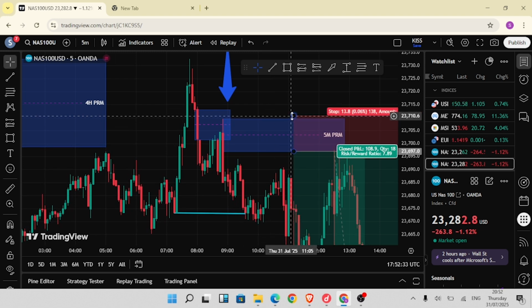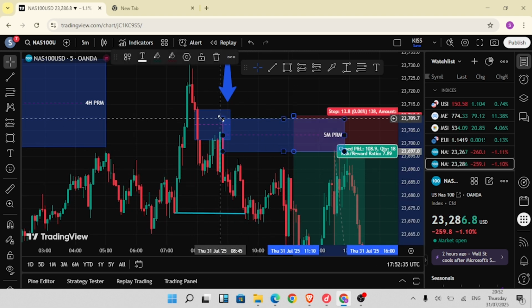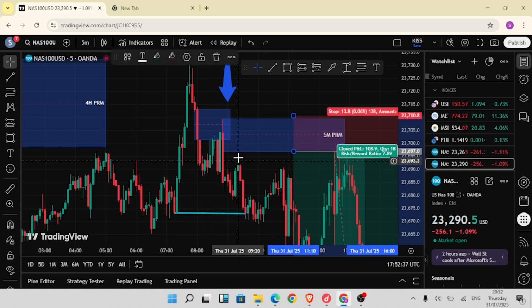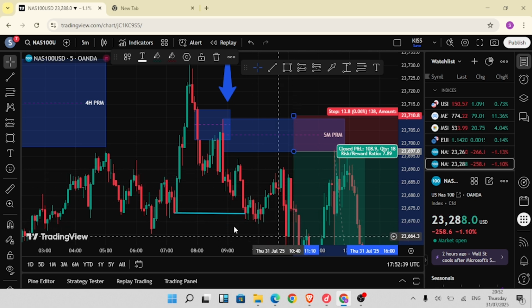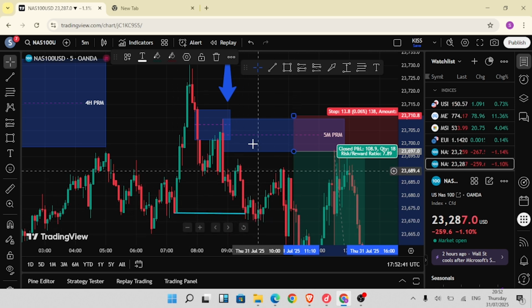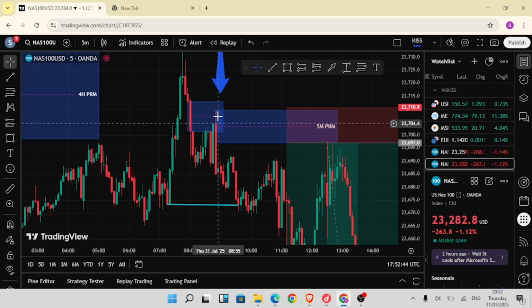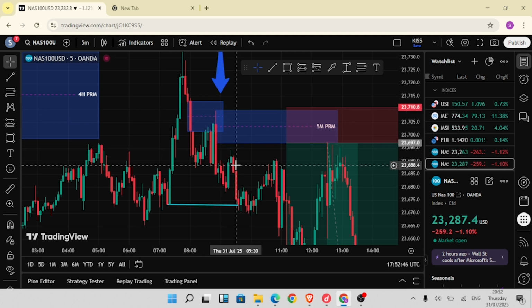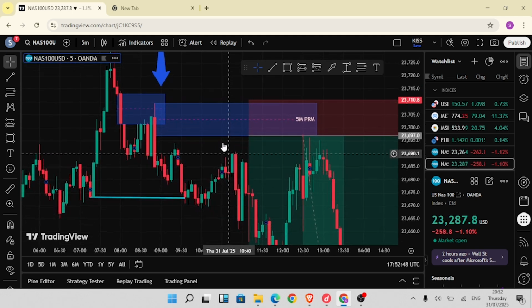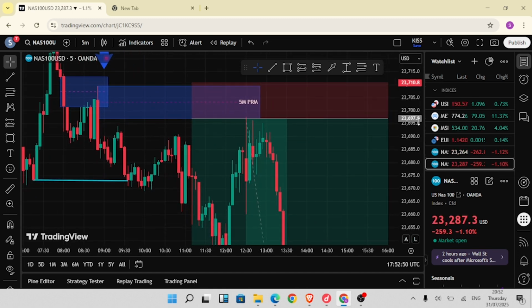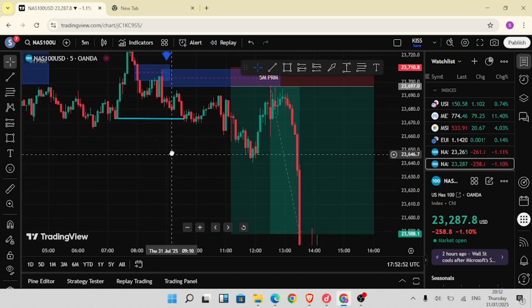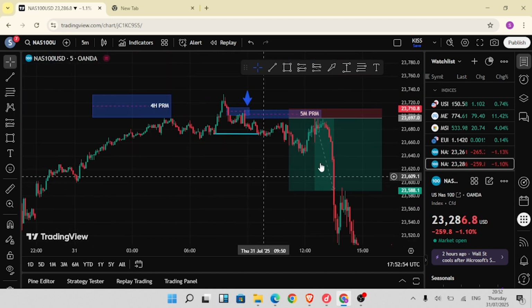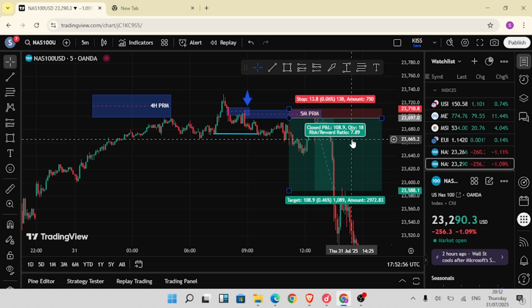Also, why do you want to use this high as your stop loss? Because it is a protected high. You have lower high, lower low, lower high, lower low, lower high, lower low, and this market structure shift gives us a protection above this high. So we do not at any point expect price to go above that high. And now what do we have? Risk to reward ratio of 7.89,